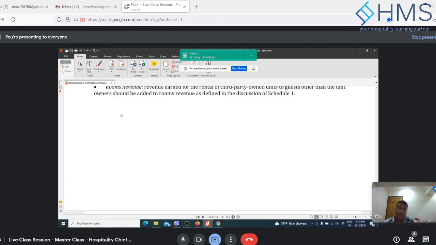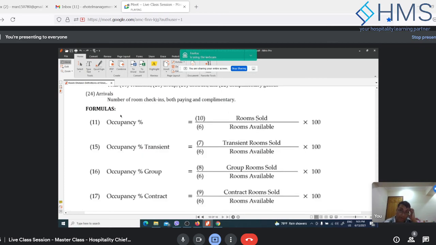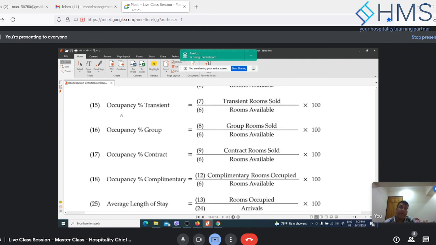But now the important thing to remember here, as an accountant, to calculate these you need to keep a control in the chart of accounts, right? Even though these numbers are available from the inventory from the PMS, the numbers cannot be relied upon because they keep on changing, right? You can change anytime. There's nothing like close the year and then you cannot change the previous years. So every month you have to calculate these occupancy, rooms sold and occupied rooms, house use rooms, and everything else, and put them into your accounting system.